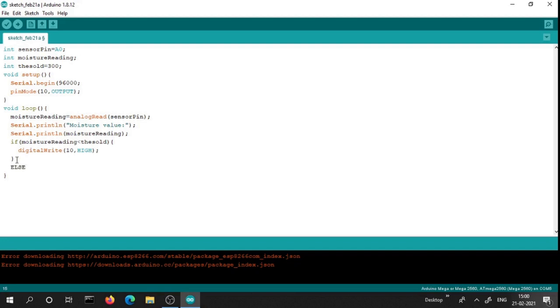Else, if the moisture reading is higher than the threshold value, digitalWrite, then comma LOW. Then we provide a delay of 1000.